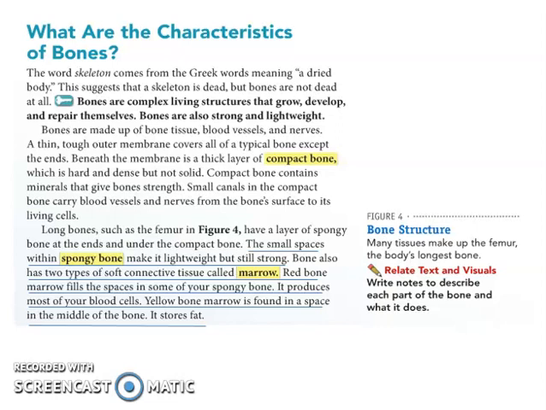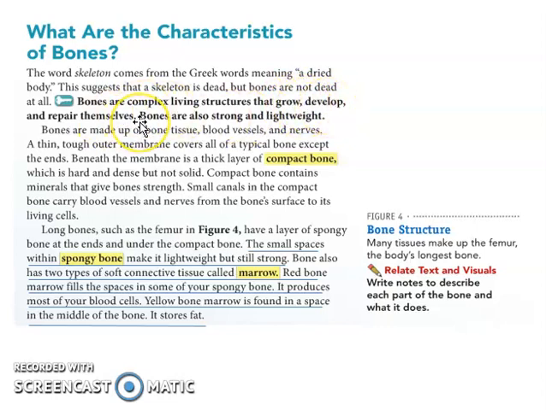Here, the word skeleton comes from a Greek word meaning a dried body. But actually, when we are talking about a dried body, meaning it's dead. But in reality, bone is not dead because bone is a complex living structure. Complex means it has many parts. Bone is growing,